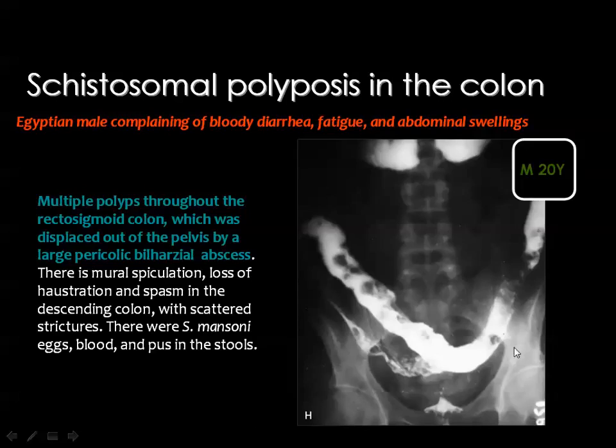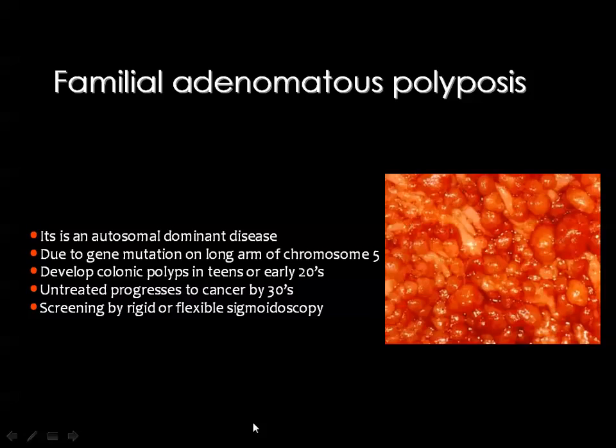This is another case. And you see multiple small polyps in the region of the sigmoid. The sigmoid colon is elevated outside of the pelvis by a large pericolic bilharzial abscess. Familial polyposis is an autosomal dominant disease, and